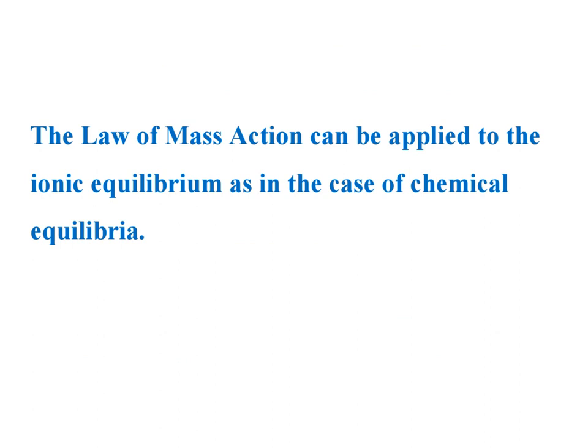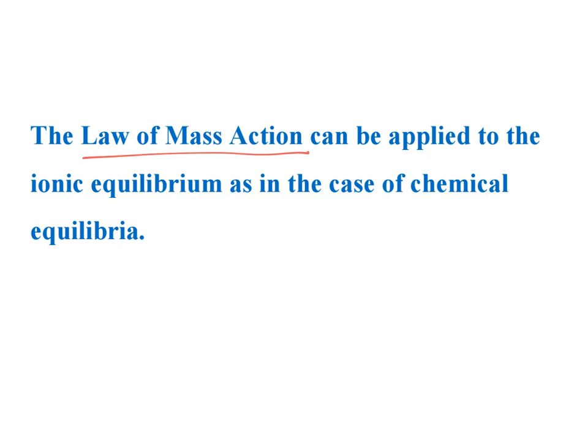Once we have written the ionic equilibrium, we can apply the law of mass action, that is, concentration of the products by concentration of the reactants equal to a constant. It is similar to the chemical equilibrium condition. Generally we apply it for chemical equilibrium. In this chapter we have to apply it for dissociated ions versus undissociated molecule. So they form an equilibrium condition. Once equilibrium is formed, we can apply the law of mass action.